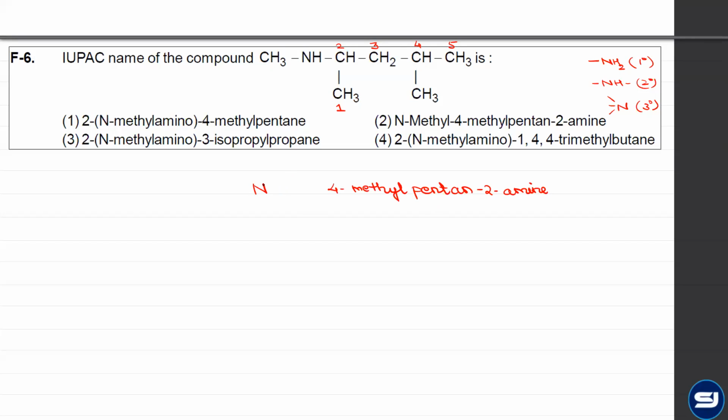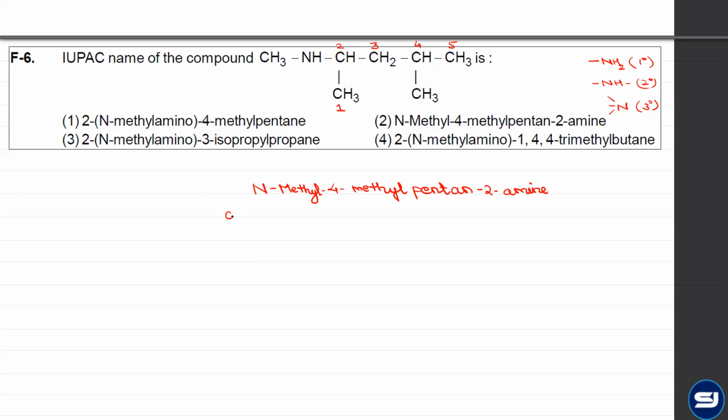So for that, we will write N-methyl, indicating that this methyl is on nitrogen atom. अब देखो इससे क्लियर होता है कि नाइट्रोजन पे एक मिथाइल है और पेरेंट चेन के 4th कार्बन पे दूसरा मिथाइल है। अगर ये N नहीं लिखा होता तो फिर ये डिफरेंशिएट नहीं कर पाते।